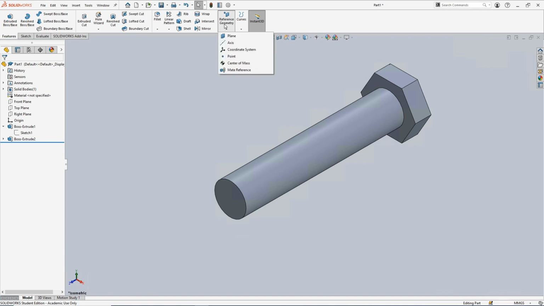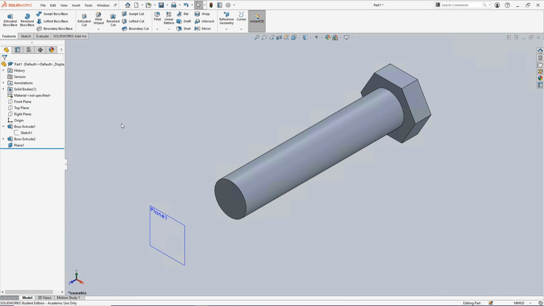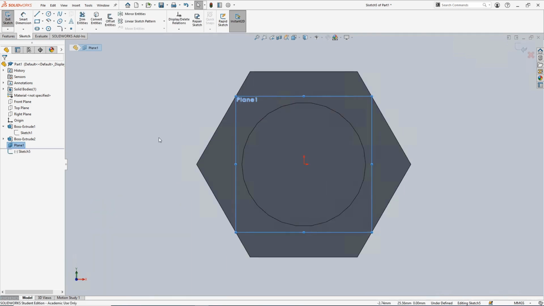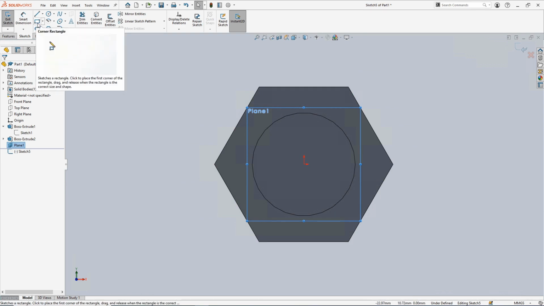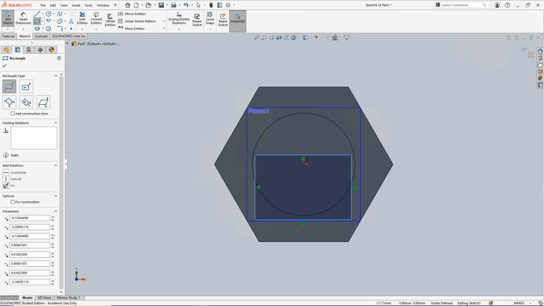So using the reference plane, we will create a plane at, let's just make it 20mm offset from the bolt end face, and let's click OK and start a sketch on this plane. So using the Control 8, that would bring it normal to the screen. So let's create a simple rectangle,